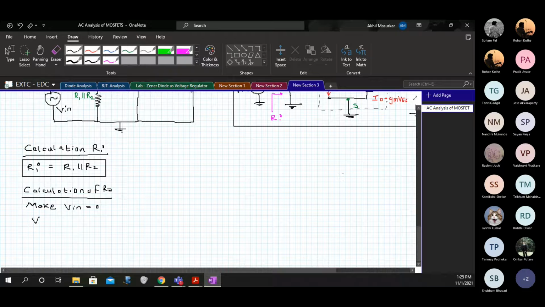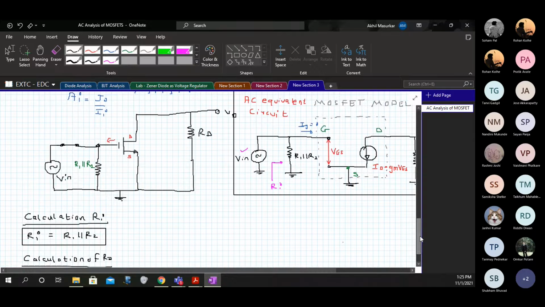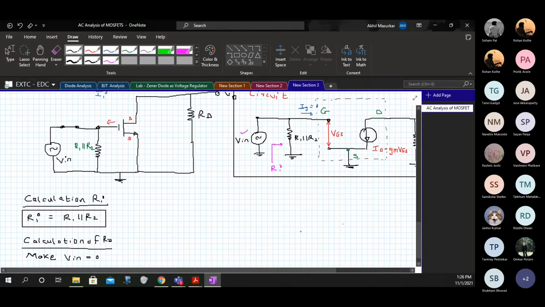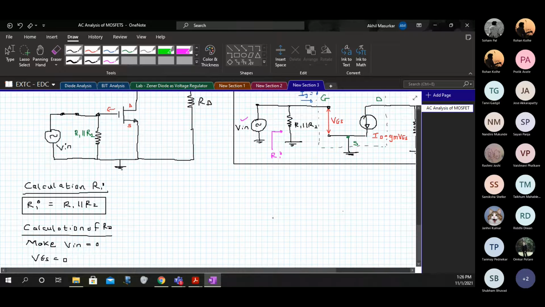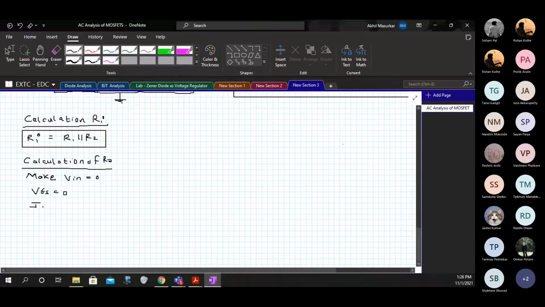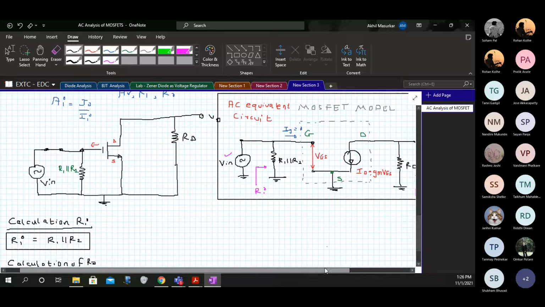If V in equals 0, then you can also observe VGS becomes 0. V in is connected between gate and ground. VGS is also between gate and ground. So VGS becomes 0. And if VGS becomes 0, ID also becomes 0. So this entire circuit,